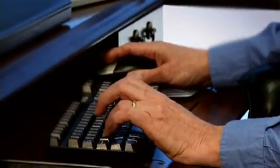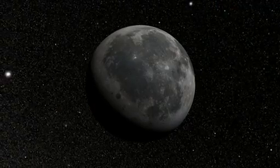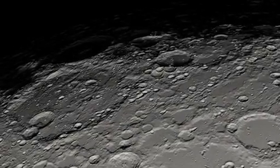So finding these young graben was a real surprise, because we thought, well, all these lobate scarps are telling us the moon is shrinking. So what are these small graben that are telling us the moon is pulling apart doing in this picture? How does this all fit together? All that's related to how the moon has evolved, how the moon has lost heat over its 4.5 billion year